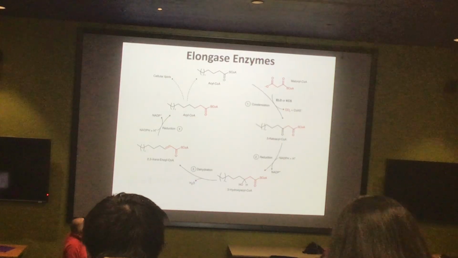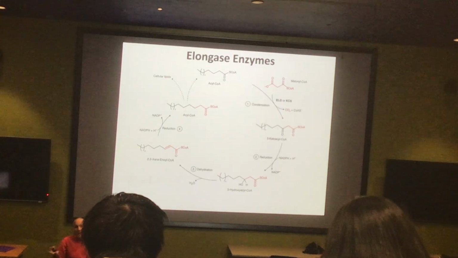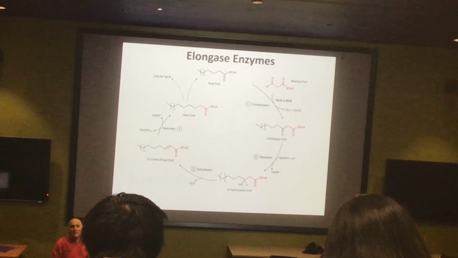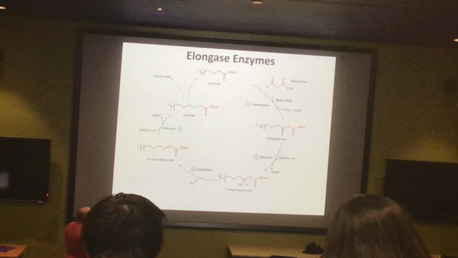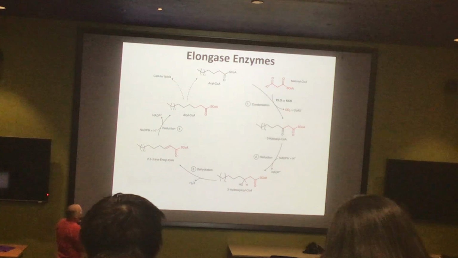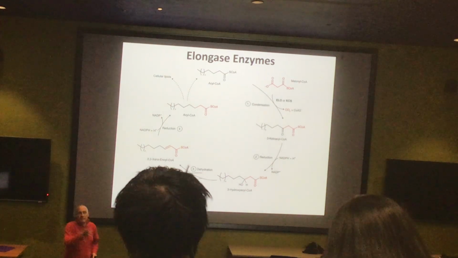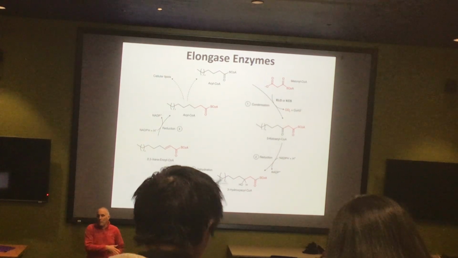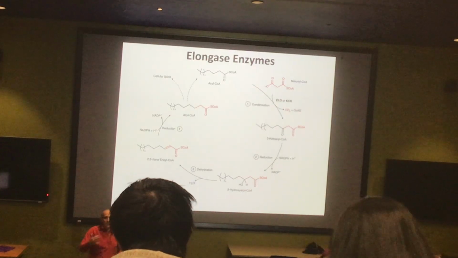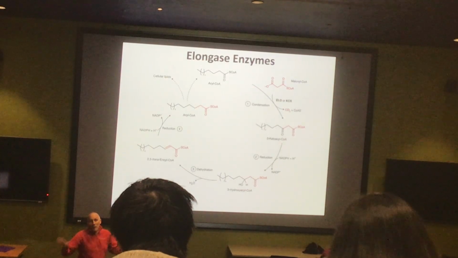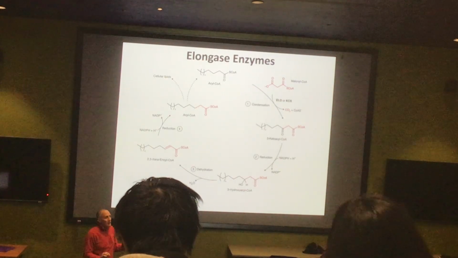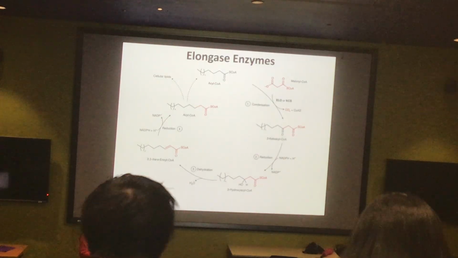So we're not going to go through the chemistry again, because guess what? The chemistry is exactly the same. But instead of being liberated as a free fatty acid, if you need to make longer lipids, they're transferred to these elongase enzyme complexes, and that will just add a couple of extra carbons to them for your C20s, your C22s, your C24s. You don't make much, just to be clear. Those are fairly rare lipids.